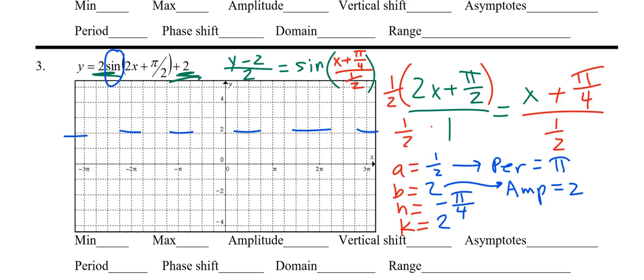Starting right there, and it's a sine function, so that point's on the way, right? Okay, so how far to the right do I go before I find a place where it starts over again? According to the period we found, it's only one